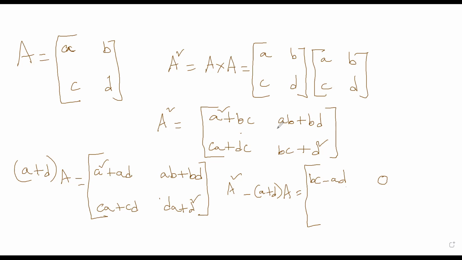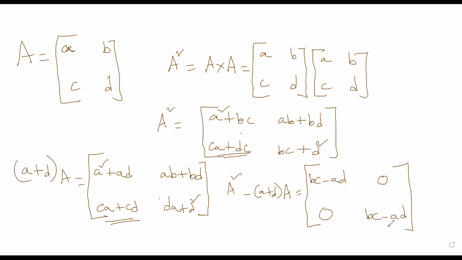Now let's check the next one. AB plus BD minus AB plus BD cut to 0. Both are the same, right? AB, BD cut. Now CA plus DC and CA plus CD both get cut. That is also 0. Then these two get cut. What is left here? BC minus AD. Again, you check. The D square got cut. BC minus AD will remain here also.